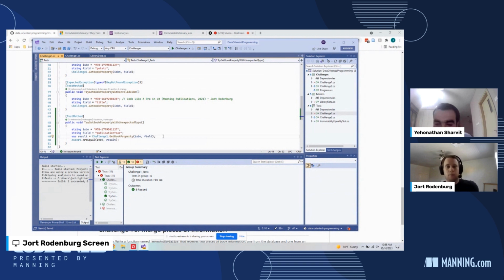99% of the time you don't care what data is there. You are just going to serialize it to JSON and send it back to the client. So you don't care that it's a number or a string. The serialization will deal with it, and the serialization code is generic. So if it's a number, it will be left as a number. If it's a string, it will be wrapped into quotes,